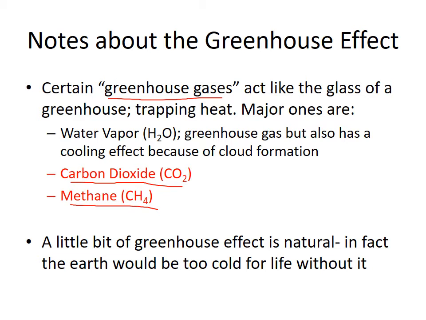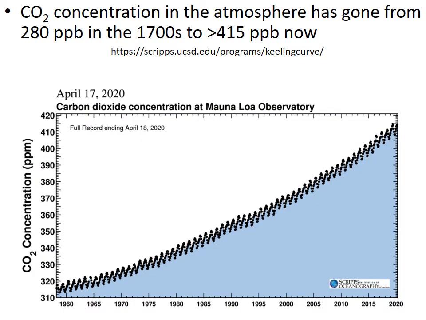A little bit of greenhouse gas effect, the natural amount that's caused by the natural abundances of these things, is actually good because it keeps the Earth warm enough to be habitable and not icy. But as we're adding more unnatural amounts of these carbon dioxide and methane greenhouse gases, we're ramping up the greenhouse effect to levels that are harmful, making it too hot to be optimal for life. The increases in concentrations of these greenhouse gases, particularly carbon dioxide, are really, really obvious